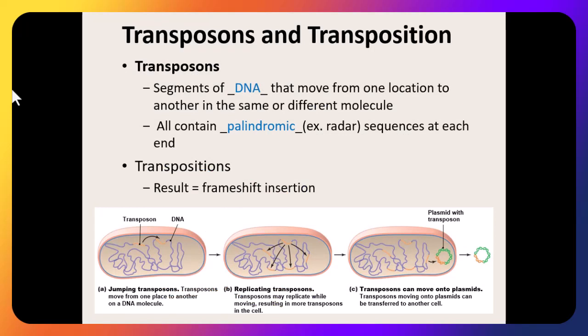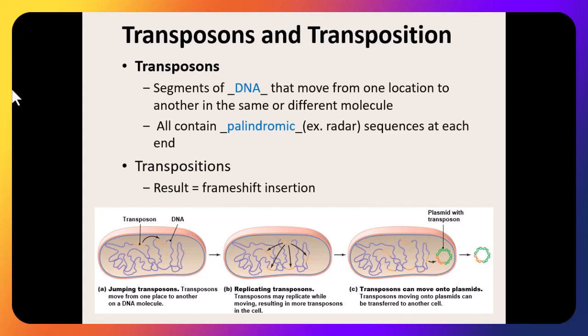And then the last is moving DNA, not just from one cell to another, say using plasmids, but moving DNA from one place to another, even in the cell. So we can take this DNA sequence, some gene that codes for something, and we can move it to another segment of that DNA. Sometimes we can even take that segment, duplicate it, and move it to other segments. The problem with transposons is when you're moving DNA from one spot to another, it can cause frame shift mutations in other genes. Usually the sequences that can get removed, copied, and moved elsewhere are palindromic